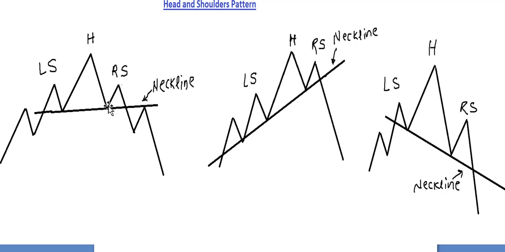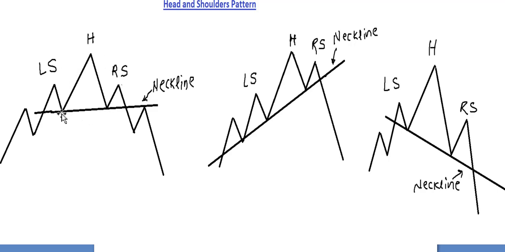We don't worry about this low and this low, right? This low may be lower than this, or this low may be higher than this. We don't worry about the lows. But the point is, this high should be lower than this high, right? If such a formation is made, it is called a Head and Shoulders formation. This high is called the left shoulder, this high is called the right shoulder, and this is called the head, right? So left shoulder, head, right shoulder.